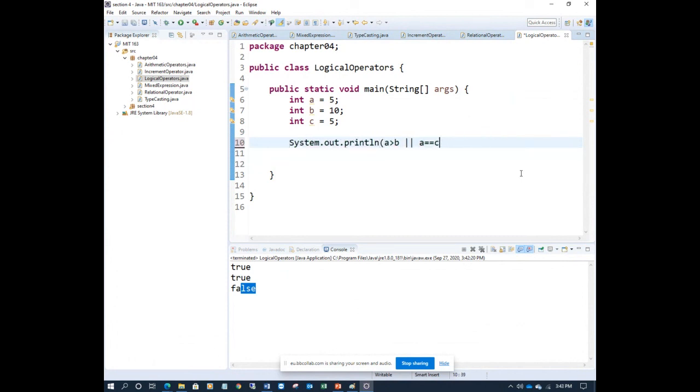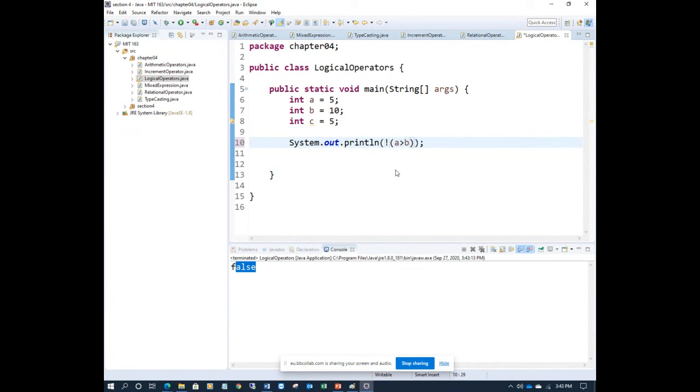And A greater than B, simple. Now if I go simple here, A greater than B, what will print? False. A is not greater than B, it means, right? So I want to make it true. So again the whole expression I will convert using NOT.